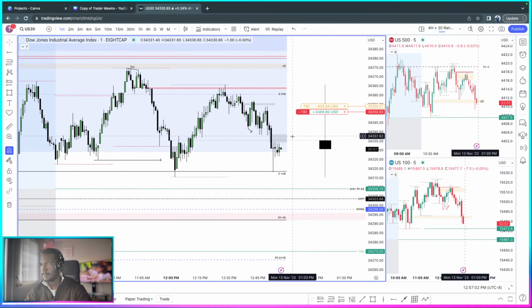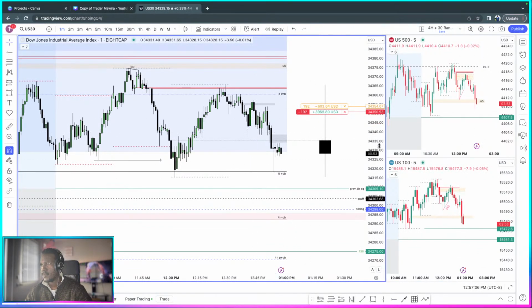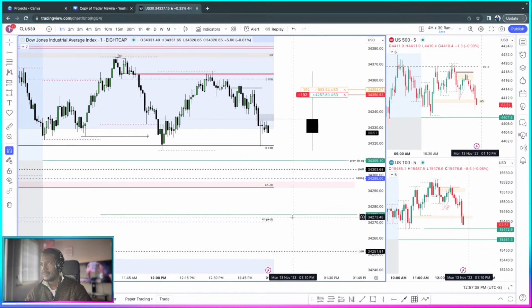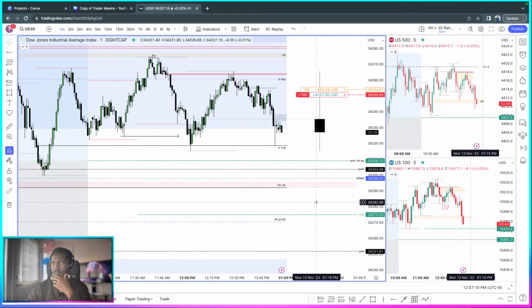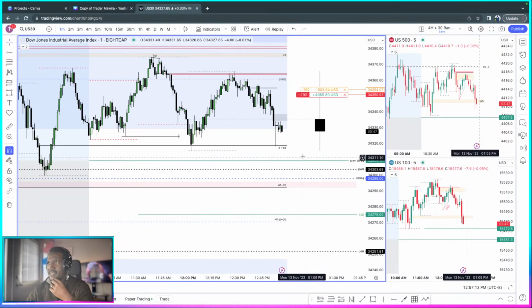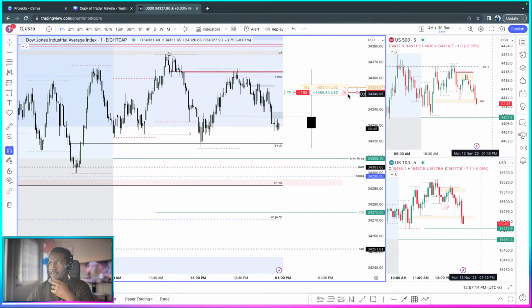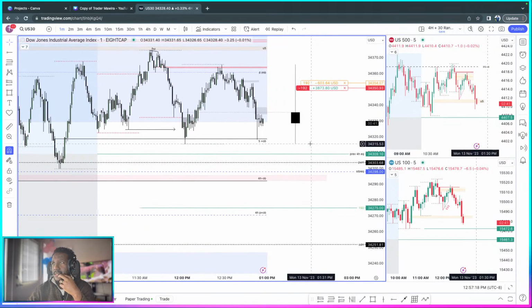Are we gonna get to this spot? We should. But here I should be taking off something. I should already know what I want to take off. Do I take like 100 units right here? I think I should. So let me just do that. I should take not a half, more than a half.